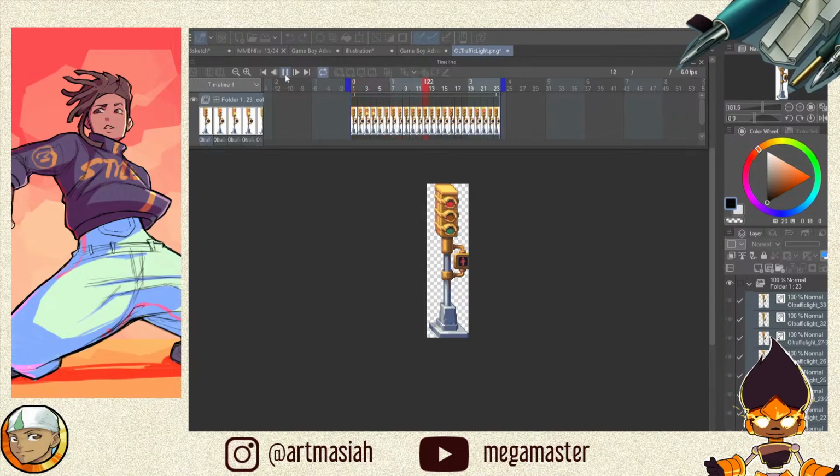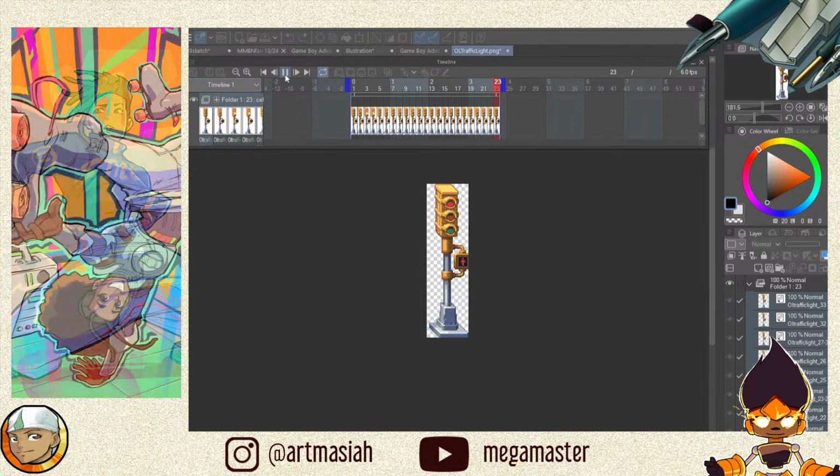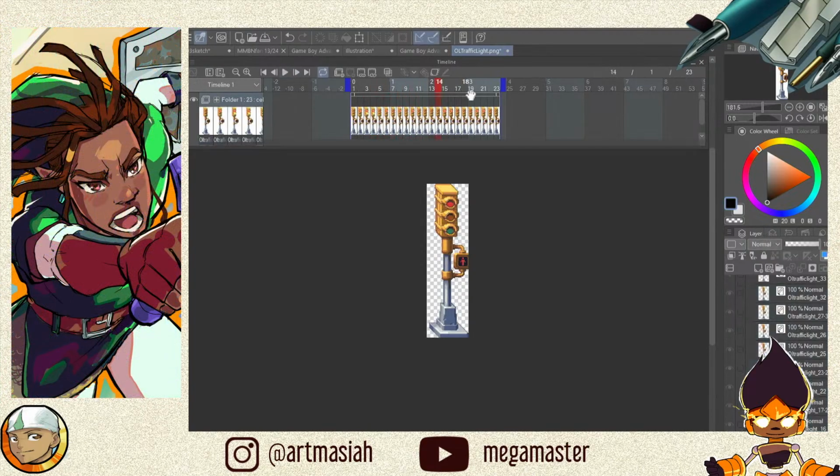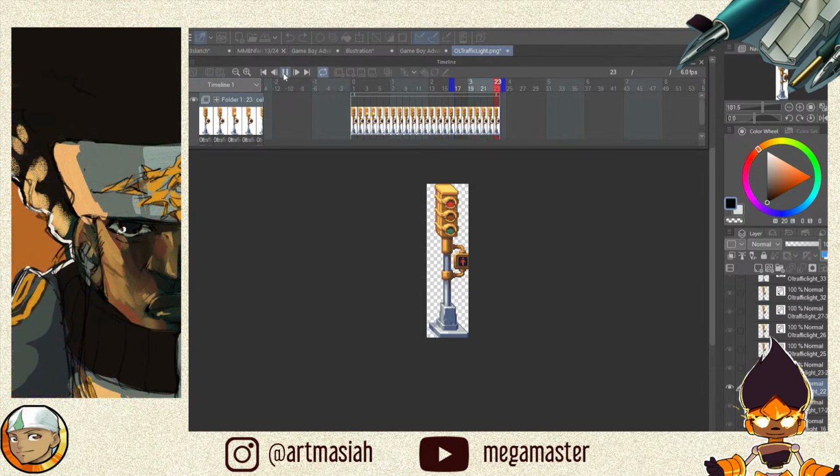And you can kind of see whatever animation that you got going on. So in this case, I can modify it and make the animation just the last couple frames or something like that.